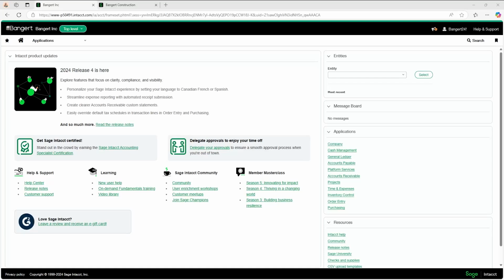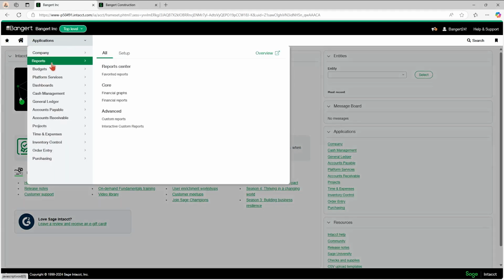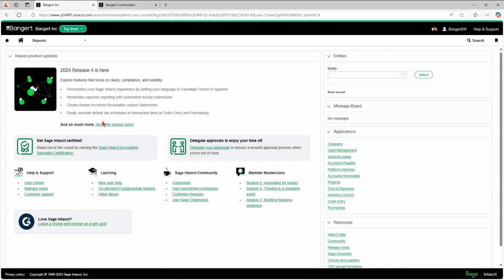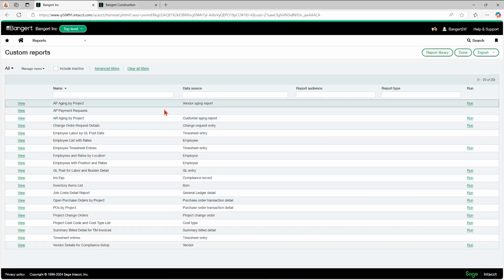Another common error that we see in Intacct is when a user is logged in and the system is erroring out when they try to do transactions, telling them that their user contact is not associated with an employee. So let me replicate that for you by going into reports. I'm logged in as an employee user here, and if I try to run a report,